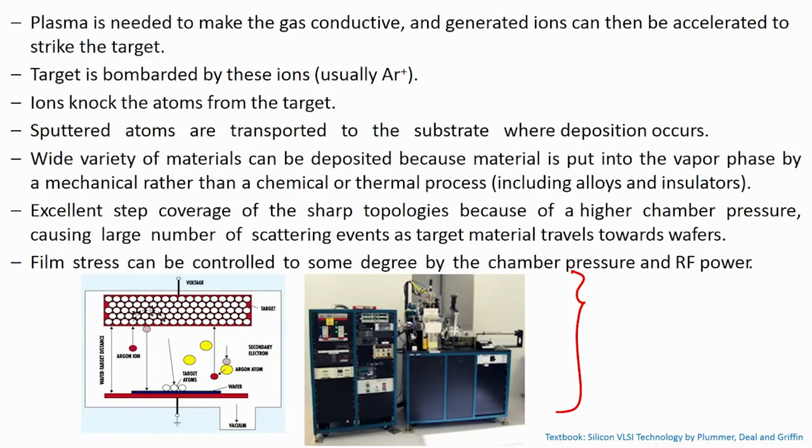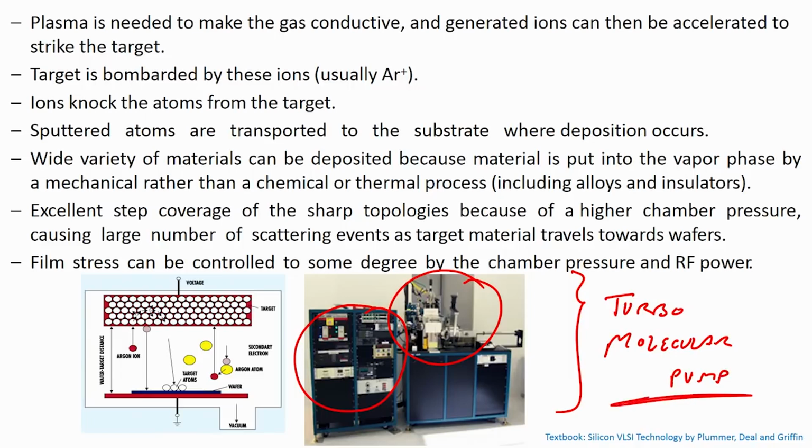Here you can see the equipment, which is a sputter deposition system. Here you load the wafer and you can change your voltage and power using this particular section, right. This is connected again to the vacuum pump, which is your turbomolecular pump, okay. Nothing but your turbomolecular pump. There are vacuum gauges to measure the pressure,